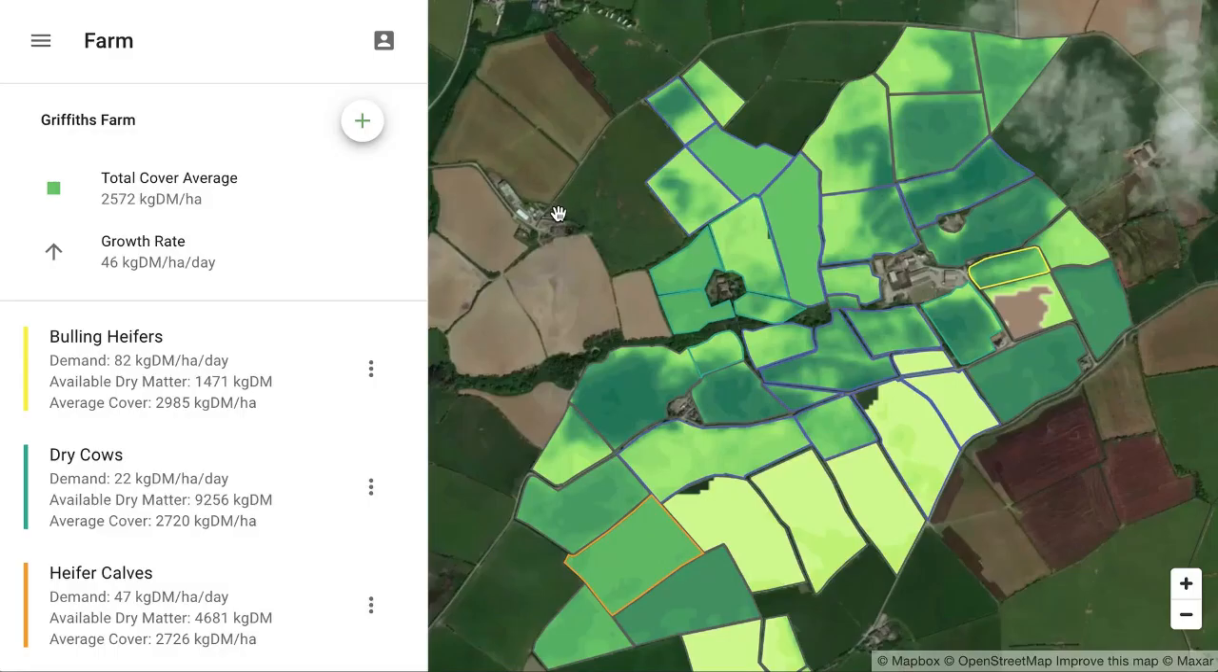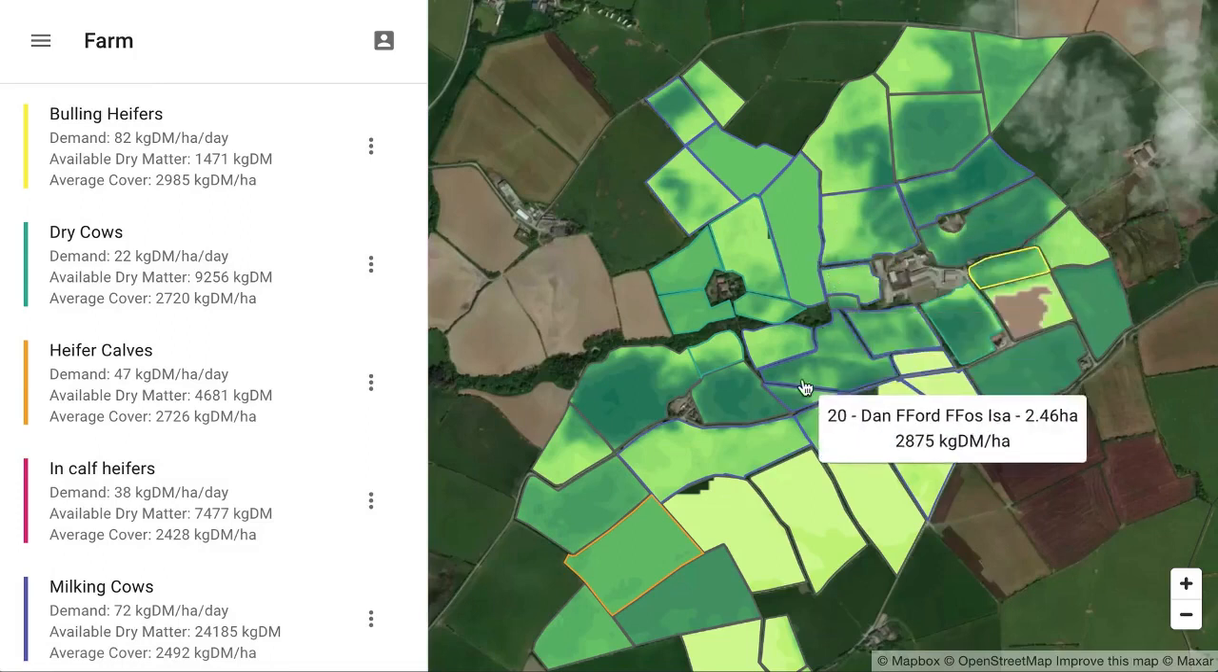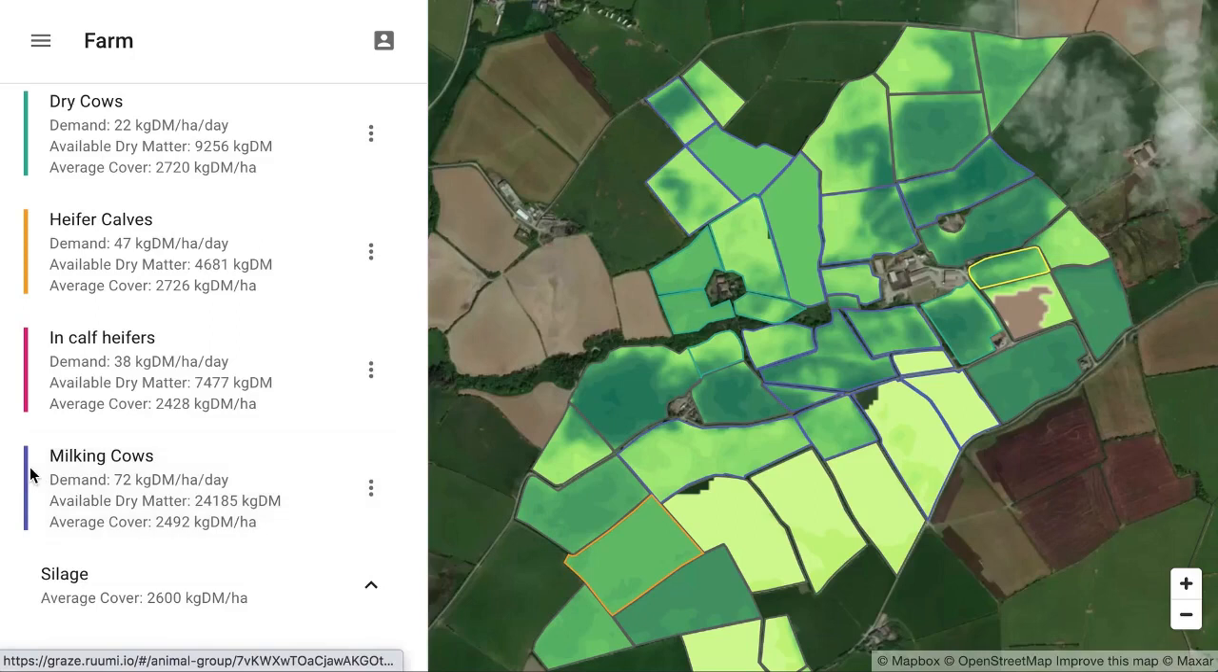ruumi really comes into its own when you add animal groups, and that's how you can allocate fields to an animal group, manage grazing decisions, and control the supply and the demand. So to the left, you have all your animal groups. ruumi lets you have as many as you want. They're all color-coded, so you can see where the field boundaries are highlighted in a color. So for example, this purpley blue color, you can see that milking cows, also purpley blue, has these fields allocated